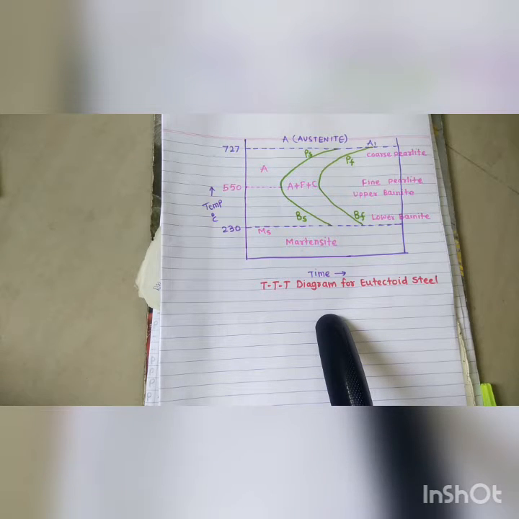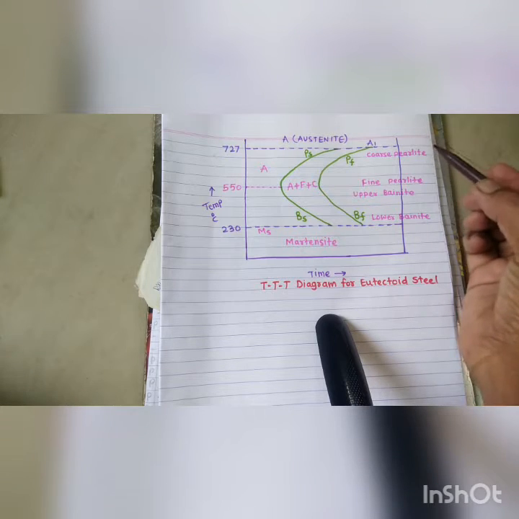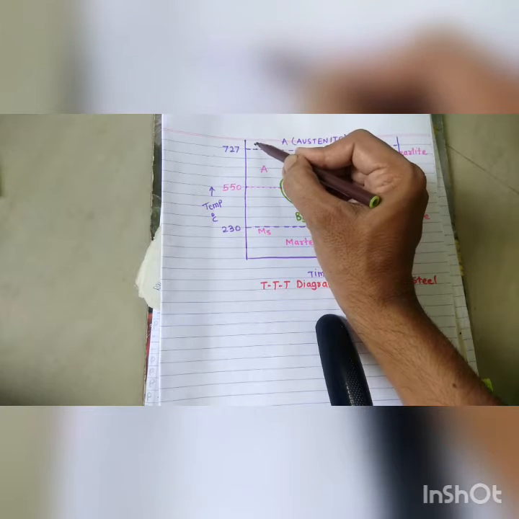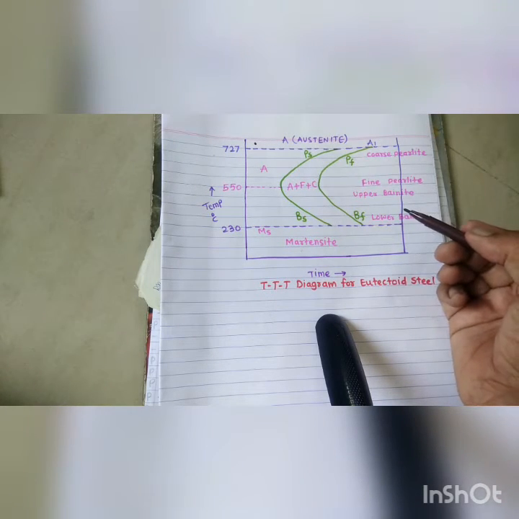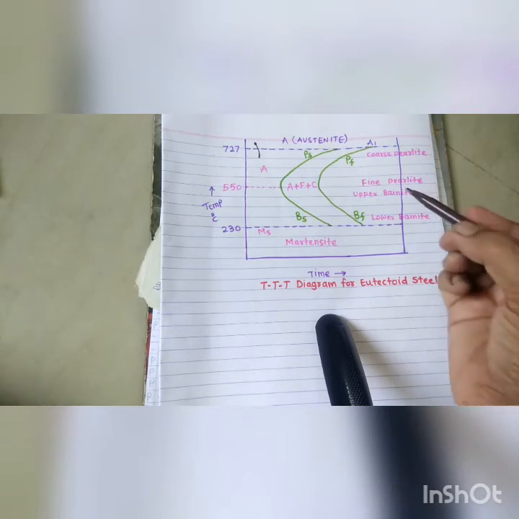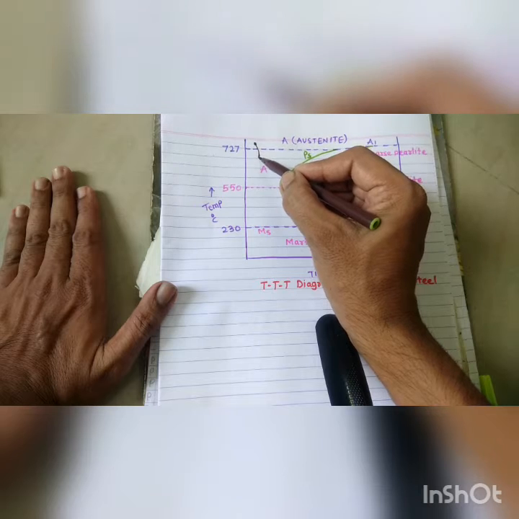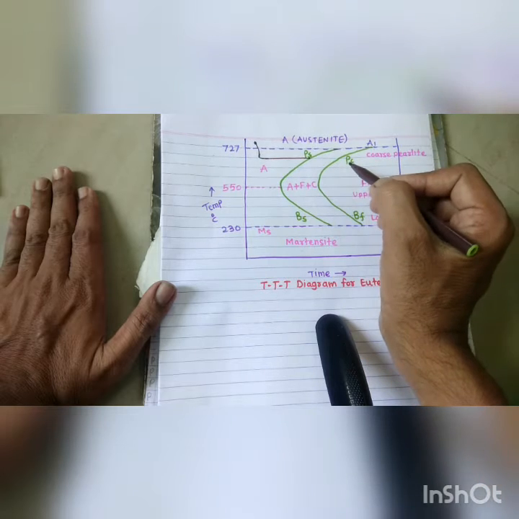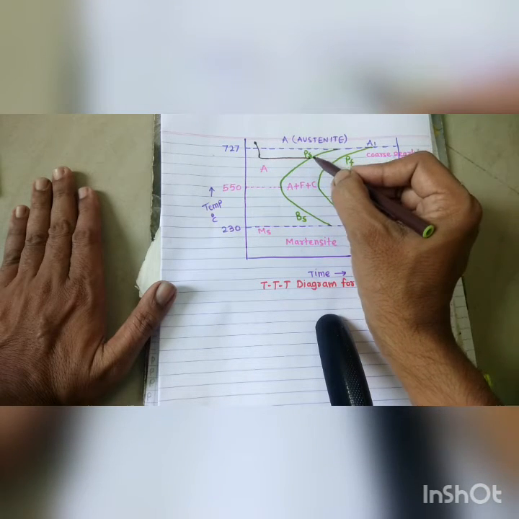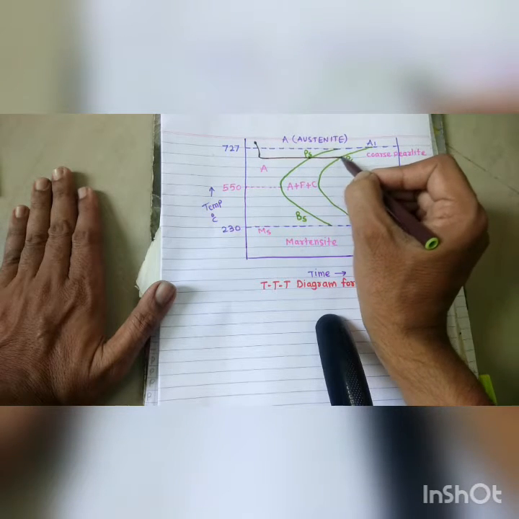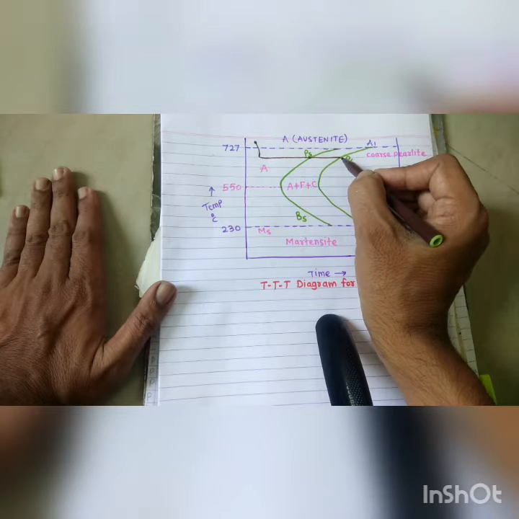Let us start. So the first step is heating the eutectoid steel to some temperature above A1. We have to heat and hold at this temperature for a sufficient period of time. Then immediately we have to transfer these samples to some temperature just below A1, and then we have to hold this steel at this temperature for a sufficient period of time so that pearlite starts forming, and after a few minutes, after a sufficient period of time, that will lead to the finish of pearlite.